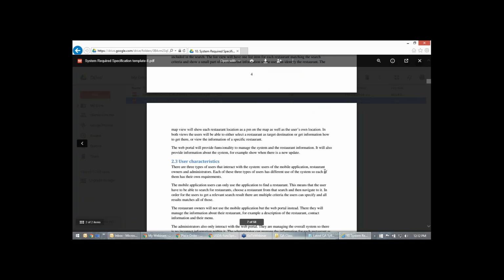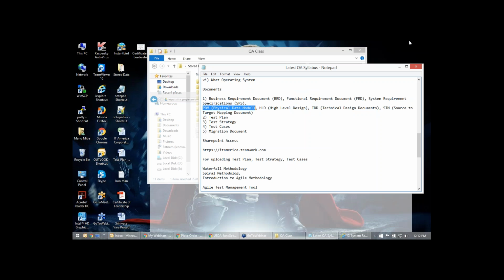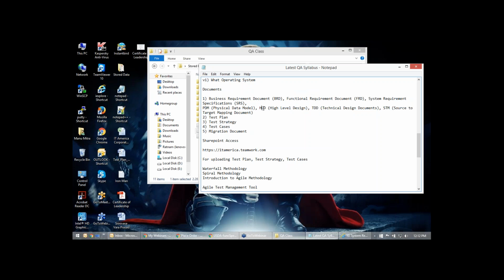You need to understand architecture. If you're trying to understand architecture, you need to know this. Okay, so this is how it looks like. And then you have high level design. So high level design,